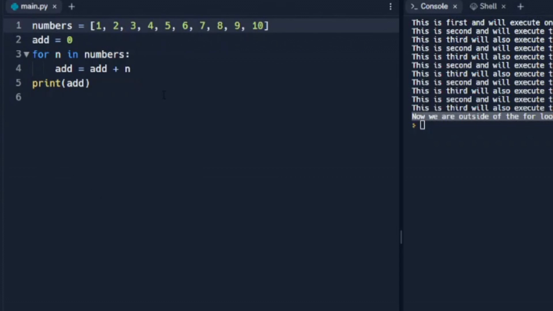Alright, while we got this laid out, let's look at one more example here. So in this example, we kind of have a mixture of both of these things that we've done. And we've set up a list of numbers. Our numbers include 1 through 10. We've got a variable that we set up, add equal to 0. We've got our for loop, so for in numbers. So for each number that we have in our list here,